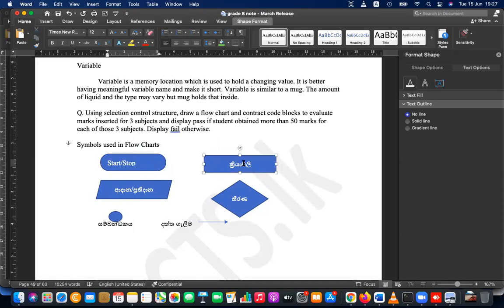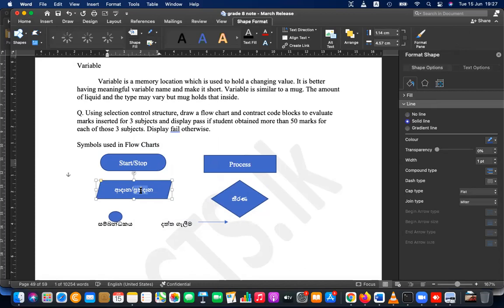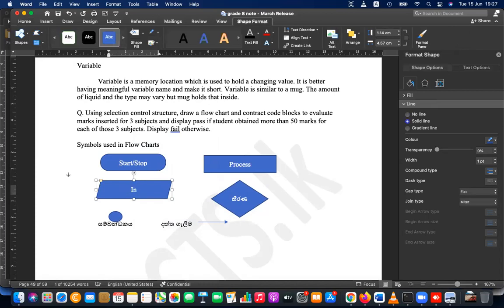Process is shown using a rectangle. Input and output are displayed using a parallelogram.